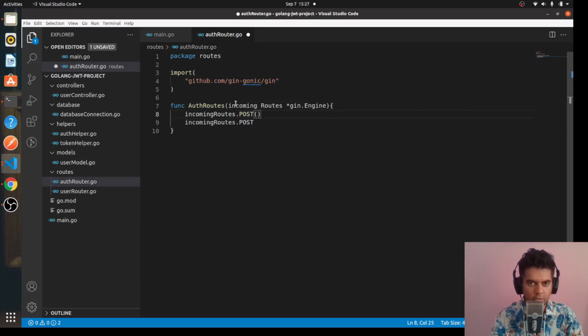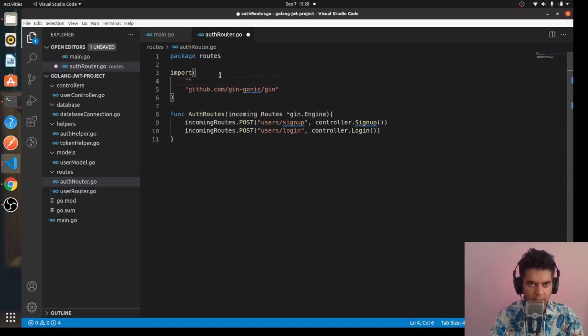And here I'm just going to simply define my sign up and login routes. So I'll say users/sign up. I've already shown you how to use these routes in the Postman. So it's sign up and login routes. And in our controller file, we'll have functions to handle our sign up. Similarly, we'll have users/login, and in our controller we'll have login function,